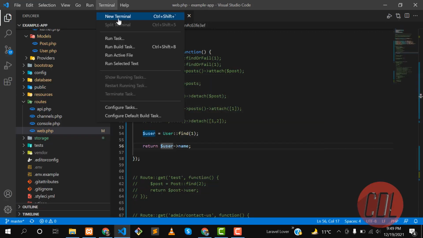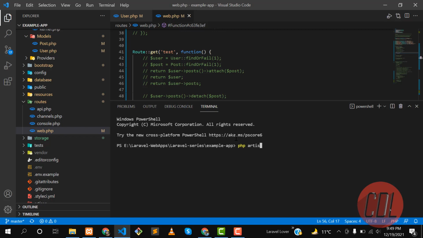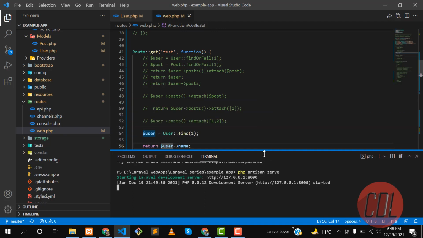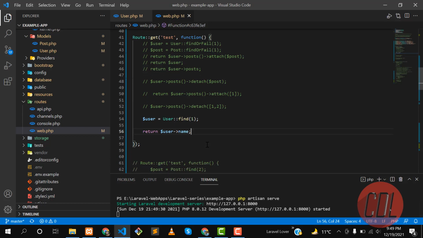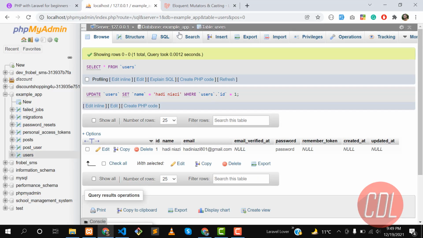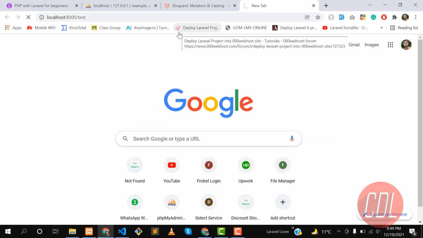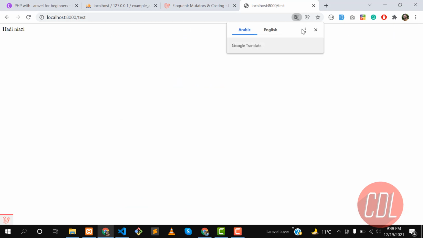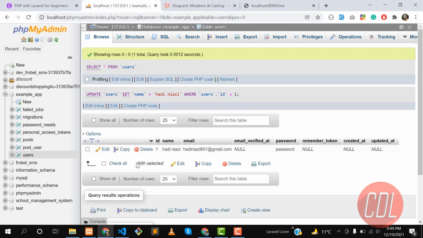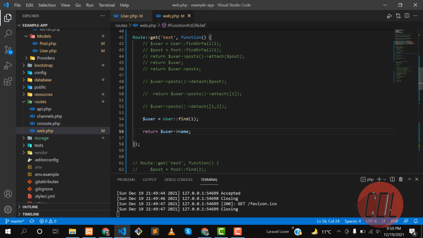Let me run php artisan serve. If you are not familiar with artisan, I have created complete videos on it, so you can watch them and understand what artisan is. I will add the link in the description. So this is our test route. Let me open this test route, and yes, it's getting the name and our first letter is capital. But it's stored in the database in lowercase, and when we are accessing the record from the database, it's transforming the first letter. So why is it transforming? Because of this